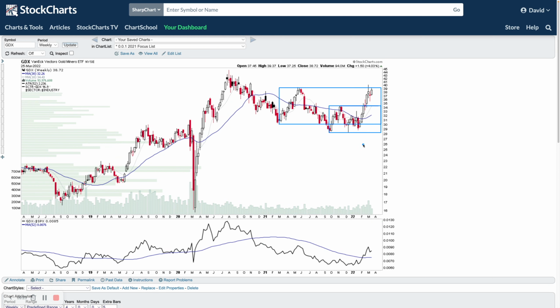So you could still argue that this hasn't yet broken out into stage 2, but you can see the 10-week moving average is above the 30-week moving average here. We've had some spring type action in the bottom of the base here, and it has obviously tested the top of the range. So potential minor sign of strength. Obviously this could still back up a little bit. So we could be looking for this kind of action up to the upside, but at the moment obviously this is looking